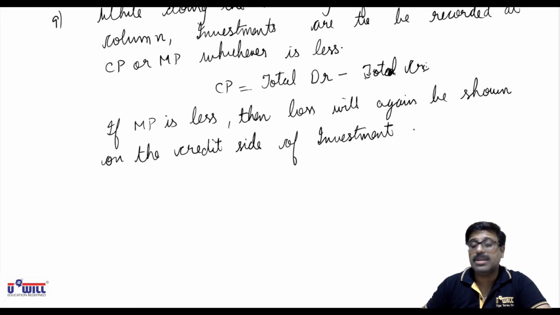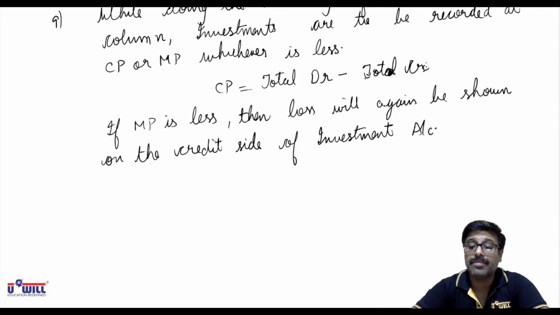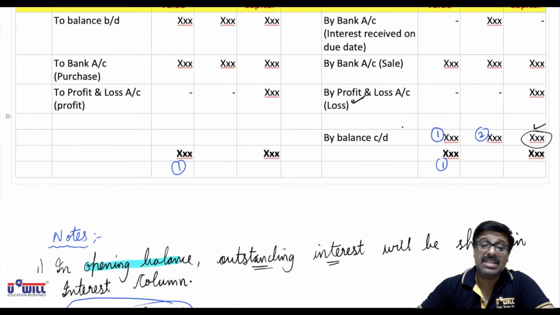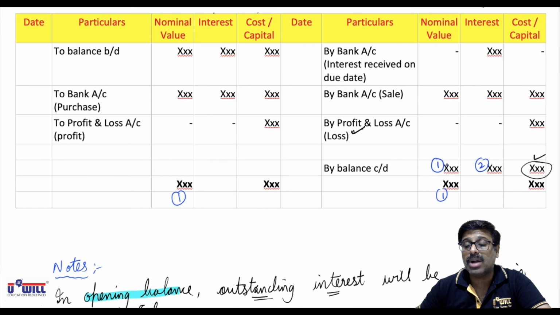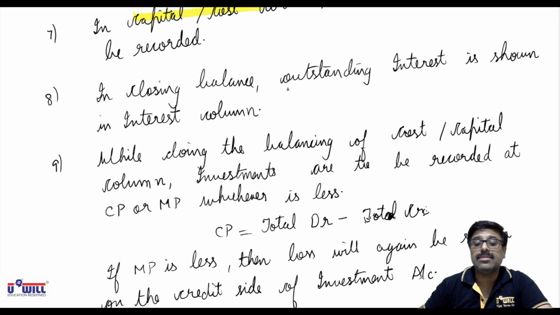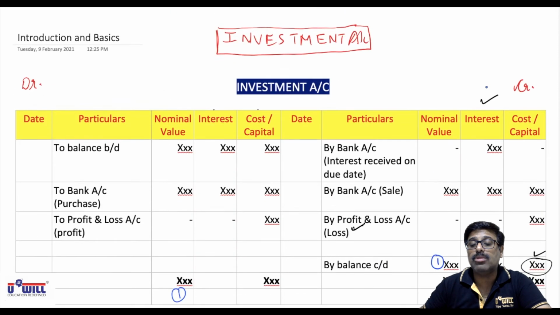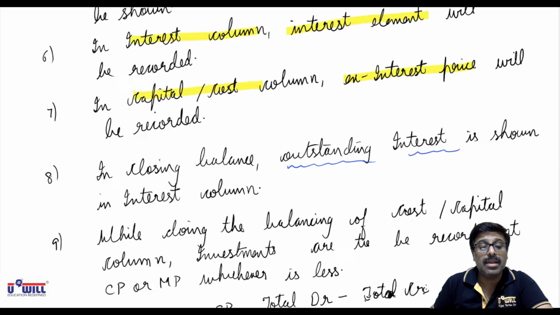All these points must be remembered and gone through properly before we start with the practical question in the next lecture, right? So once again, all of you keep this in mind. First step, we will do the balancing of the nominal value column. Debit side total will always be more, so you write the debit side total on both sides, and the balancing figure remaining on the credit side is "by balance carried down". Second step, you count the interest. What does this interest represent here? Outstanding interest. So in the interest column, we will show the outstanding interest, and interest is always calculated on face value. There's one more point you can write down as a note.